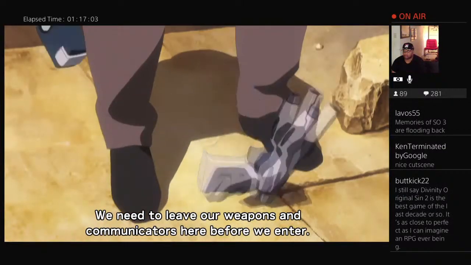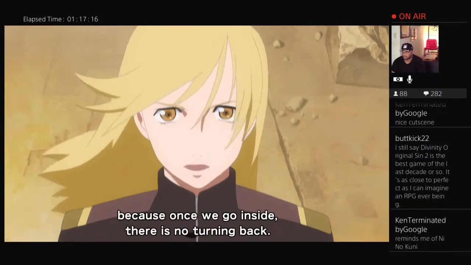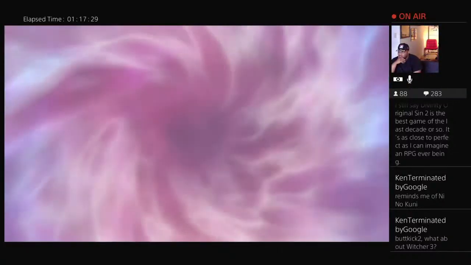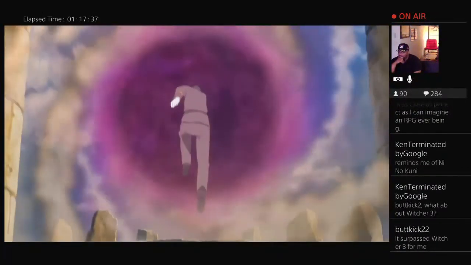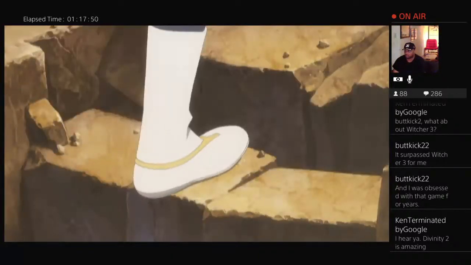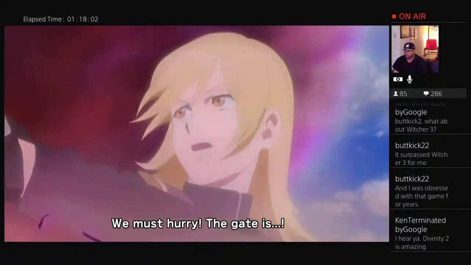We need to leave our weapons and communicators here before we enter. If you bring them along, you'll bounce off the gate. Well, here we go. I hope that we're not making a mistake by entering the gate, because once we go inside, there's no turning back. Right, here we go. Just hang tight, Dorn. We're gonna save you, but you gotta hang on. Okay. I'll wait for you. Thank you, Roddick. Are you sure you're all right? We must hurry. The gate is...